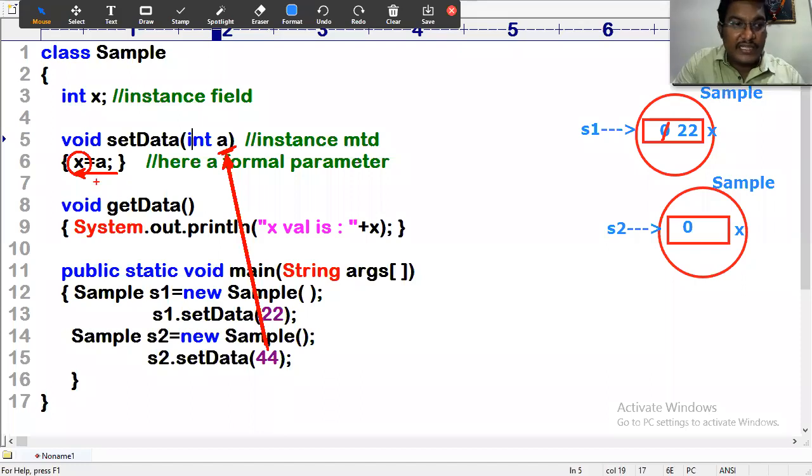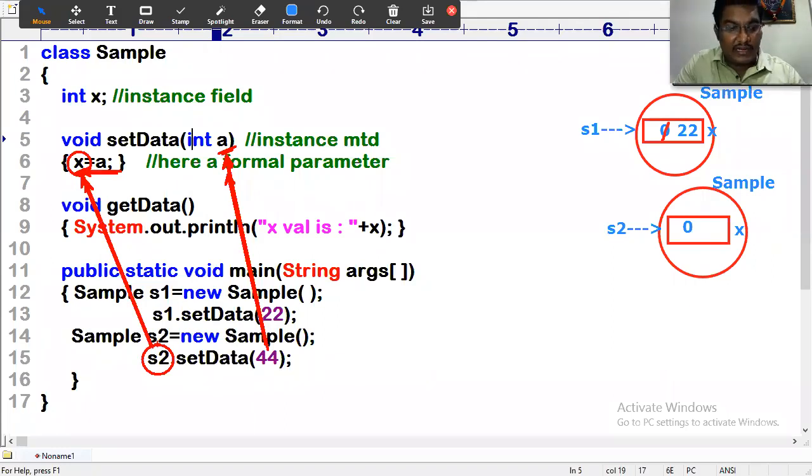Now the question: X is an instance field of which object? The object which is calling this method. This method is called by S2. So the X member referred by S2 is assigned with A. Kindly notice this diagram again: 44 is taken in A, and the value of A is assigned to X. X is the instance of the object which is calling this method, that is S2.